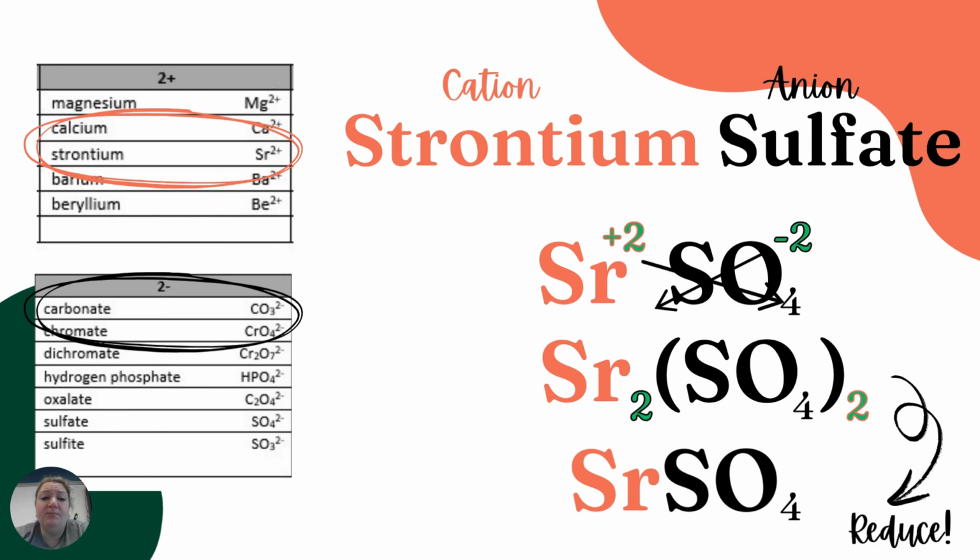We have strontium. It's a +2 charge. We have sulfate. Sorry, I didn't change the one there. It should be down a little bit. It's SO4 with a -2 charge. So I outlined the strontium, and I made them in green so you could see the difference between the charges and the subscript. And then I outlined the strontium in pink and I outlined the sulfate in black, okay, so that we can see the difference. So when we cross these down, we would put parentheses around the SO4 and we bring the